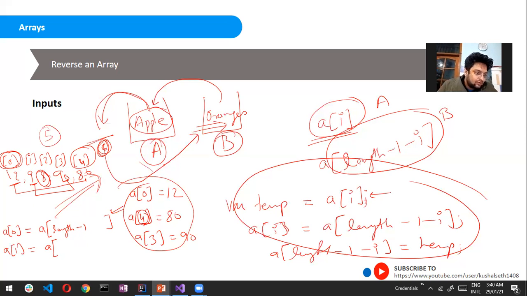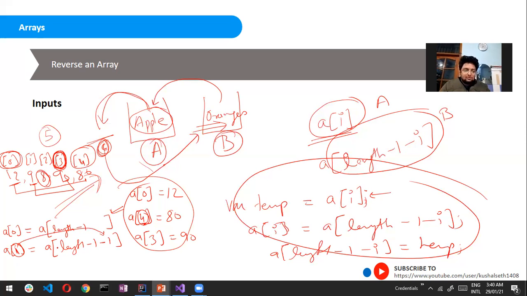But with 1 I have to replace it with a of 3. I think this is becoming clear now. I have to replace 1 with 3. So if I just put length minus 1, it will be 4. But just now I saw, okay, this 1 is also there, so I can put 1 here. From here I can pick it and put it here.